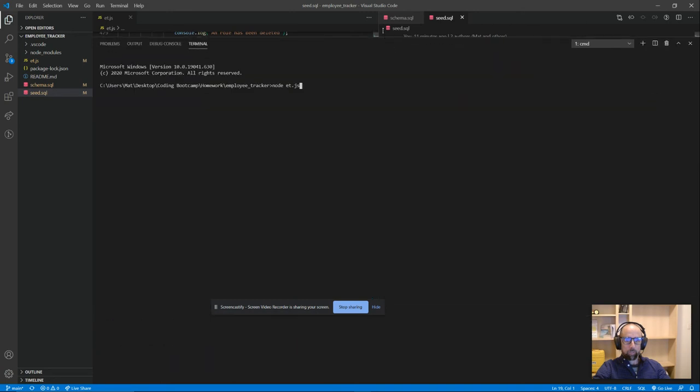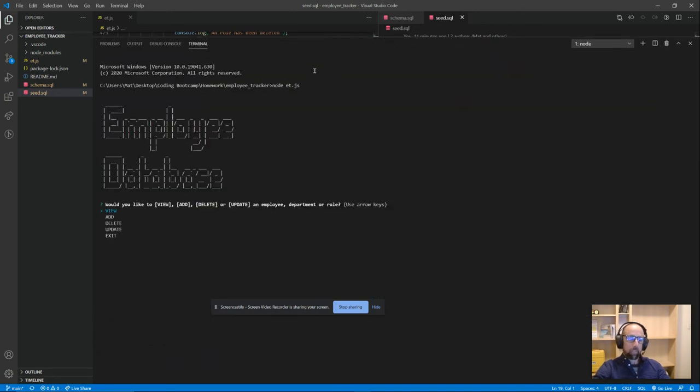So we might as well close this down here and we'll have a look at the full screen. So here we go, we're into the employee database now. And first of all, what would you like to do? View, add, delete, or update an employee, department, or role. So you can navigate through these items, but we're going to start with view and we're going to have a